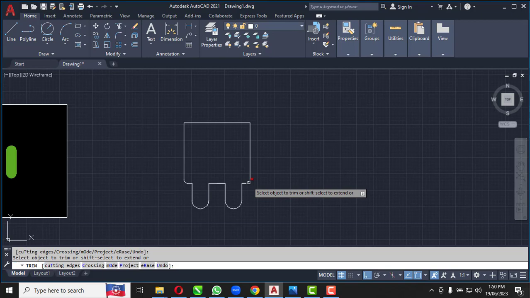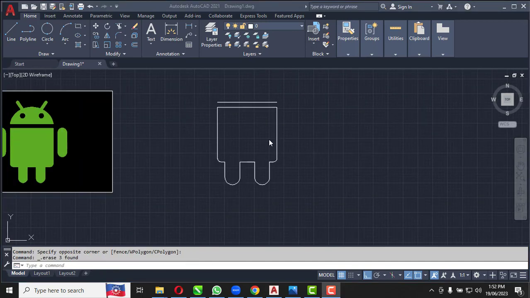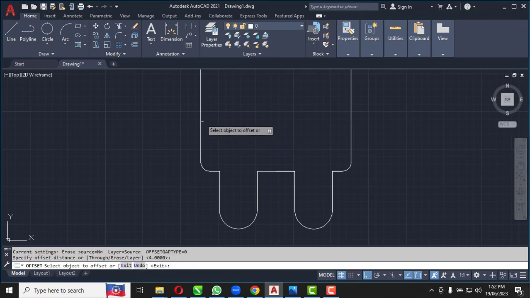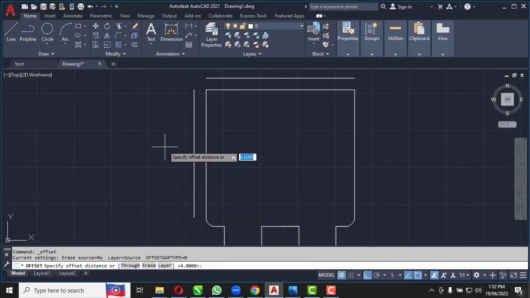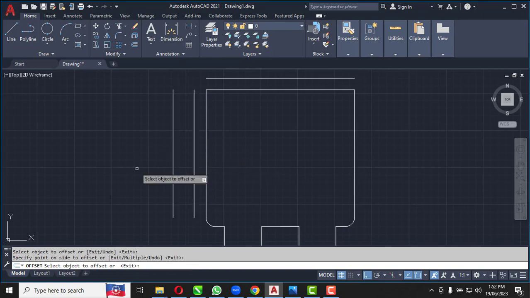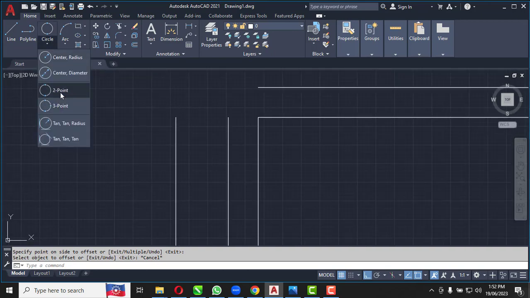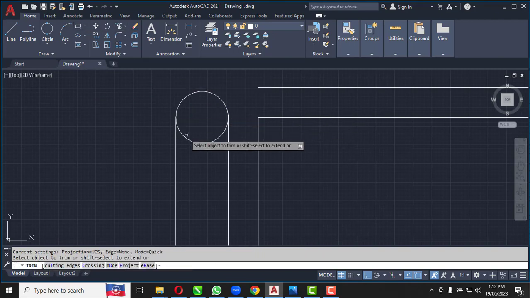Okay, it's fine. Now I'm going to offset this line to 4 millimeters here to here, and again I'm going to offset this one to 7 millimeters here. Okay, fine. Now I'm going to draw the 2-point circle here to here, enter, trim this one,